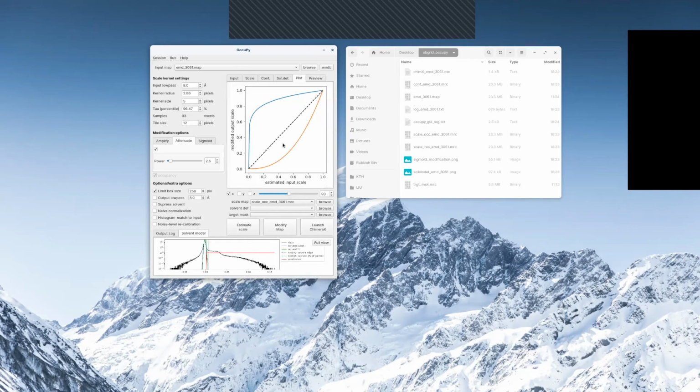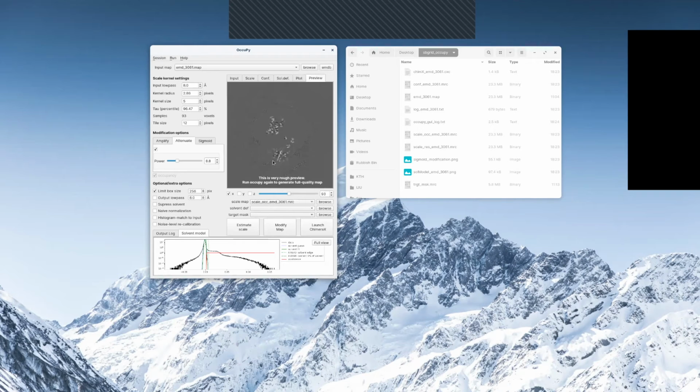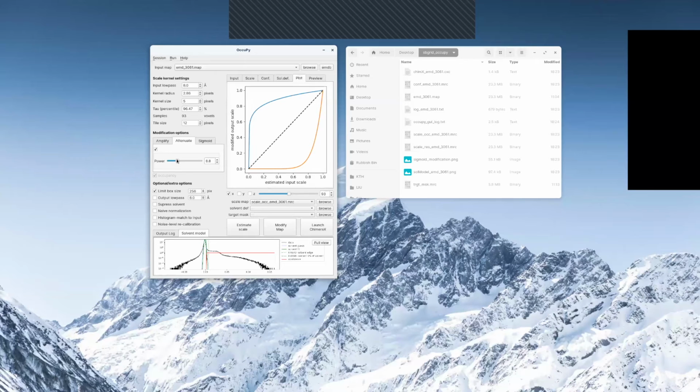If you want a more intuitive view on that, there's a plot option as well, which will map the input scale to an output scale. If I increase this attenuation, effectively I'm saying that anything that was estimated at 60% occupancy is going to get mapped to a new 0% occupancy. So if I look at the preview, I'm removing everything that is low occupancy. Let's reduce that a bit just for visuals, and then let's reduce the amplification as well.